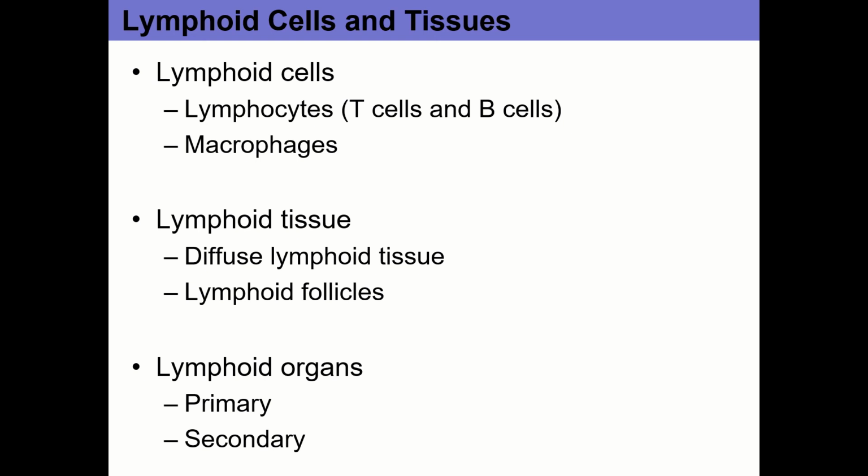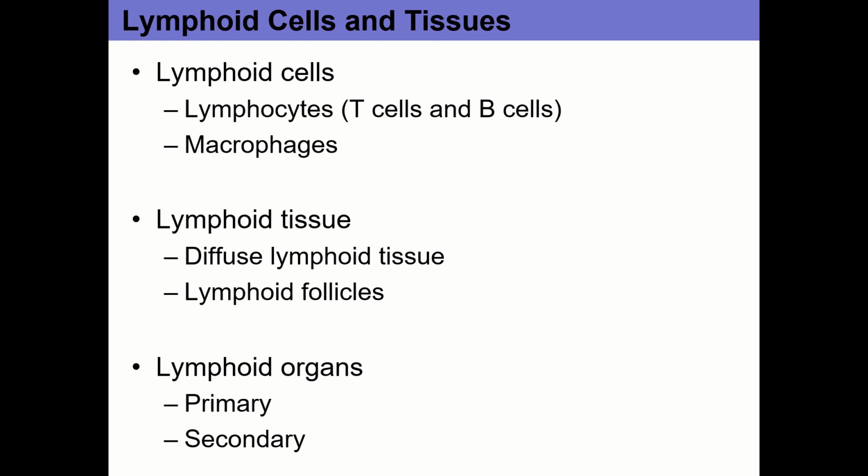In the primary lymphoid organs, that's where the immune cells divide and mature. So the examples of primary lymphoid organs are your red marrow. Again, red marrow is where we make blood cells, both red blood cells, but also white blood cells. And then the thymus is another primary lymphoid organ. That's where the T cells go to mature. So we make immature T cells in your red marrow, and then for the most part, they go to the